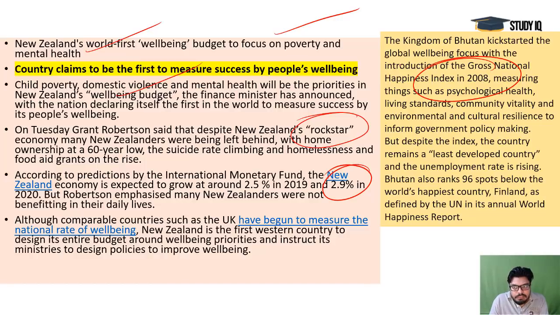So it was regarding the psychological health, living standards, community vitality, environmental and cultural resilience and all. So these were the crucial things, and actually this world needs these things today, because we do not need much luxury. That is not helping us. That is actually creating more and more problems. More and more inequality is there, and people are behaving like mad people. They are ignoring climate change, they are ignoring the environment. So we need these ethical parameters, and this is the need. That's why this question will become very, very important this year.